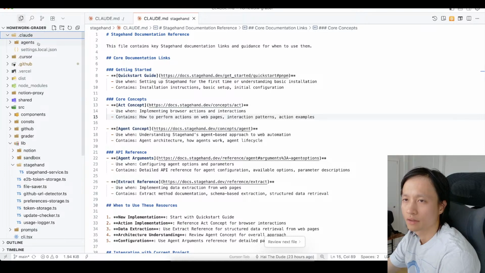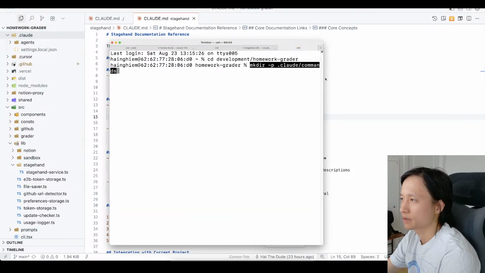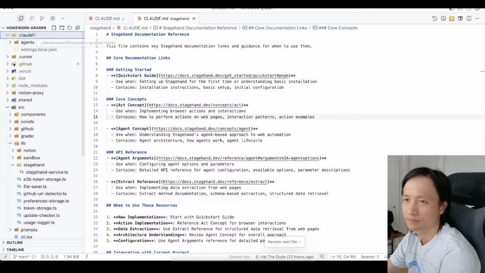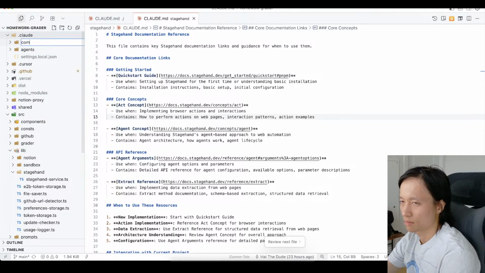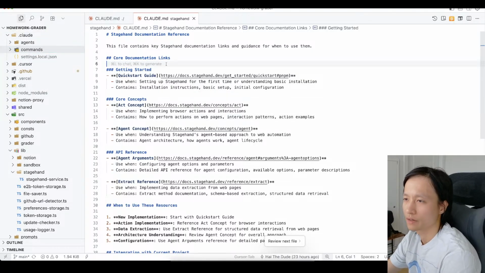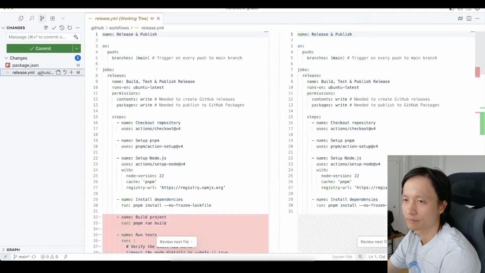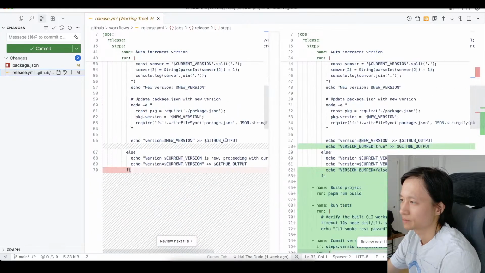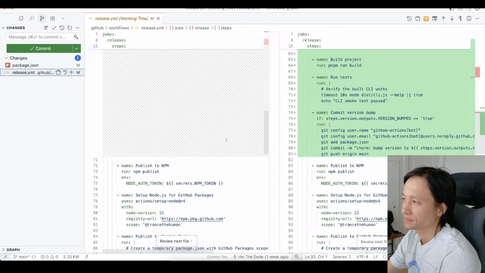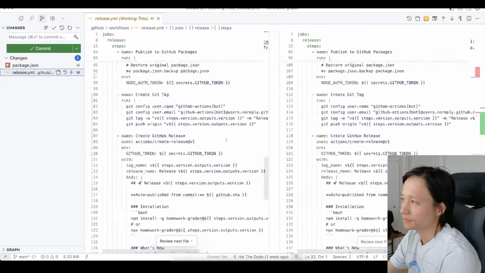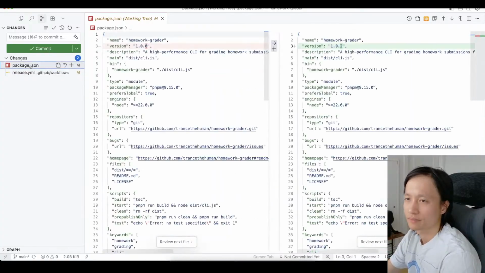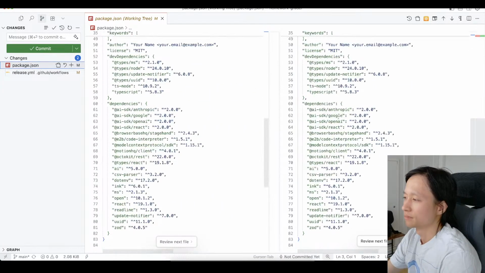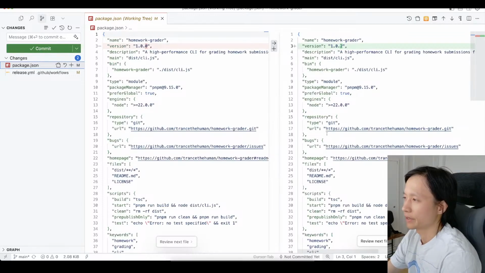Yeah, that Claude folder. And then I just have to create a commands folder. Commands. Okay, but before we do that, I gotta release this. Okay, hopefully this works out. Okay, so